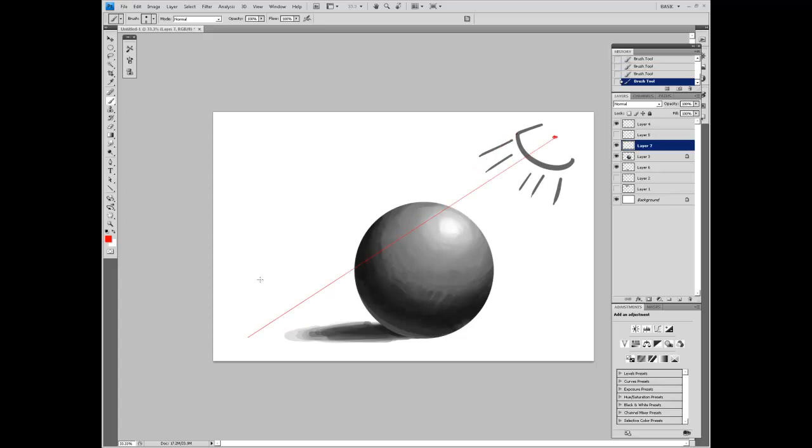Let's set a common point. What I'm doing right now, by the way, is I'm clicking once, letting go, holding down Shift, and clicking again using the brush tool, and it makes a straight line. So, just a little tip. Okay. So anyway,